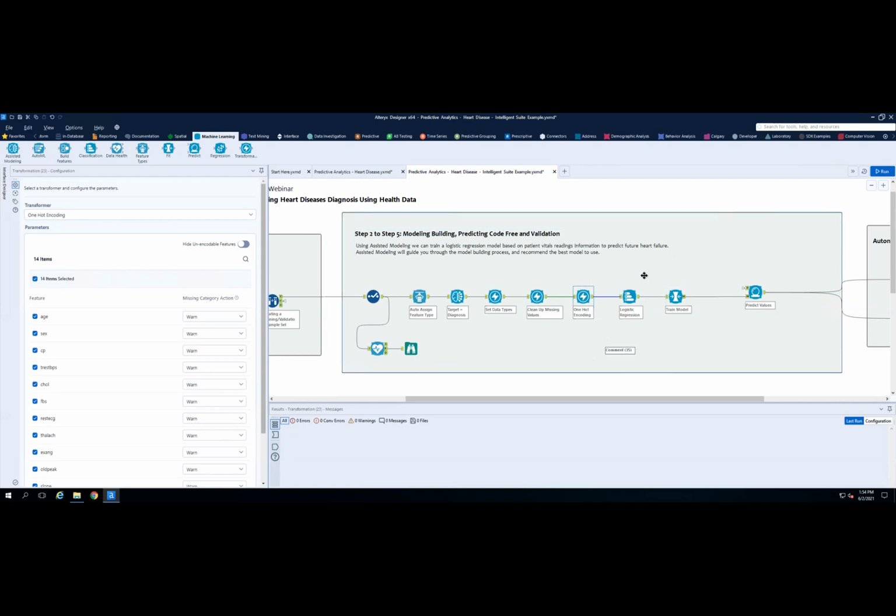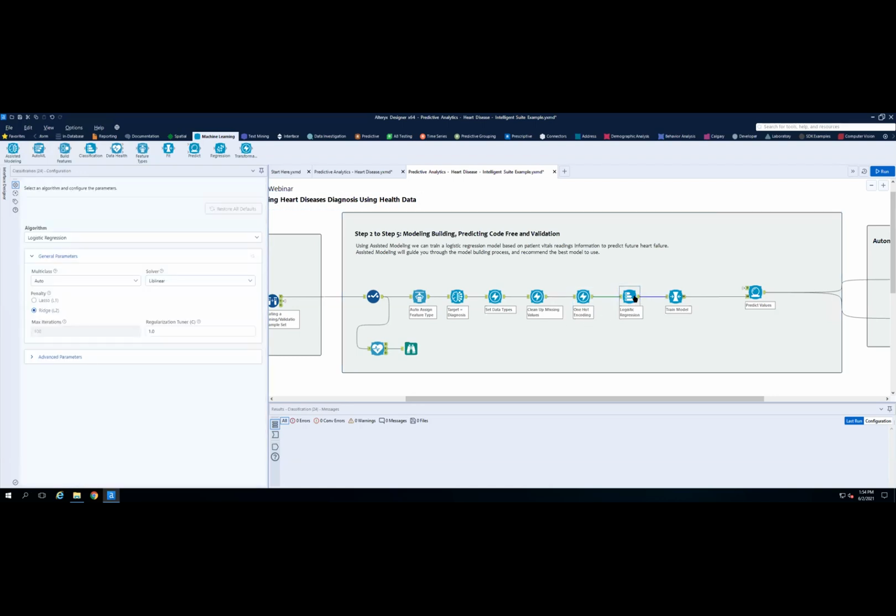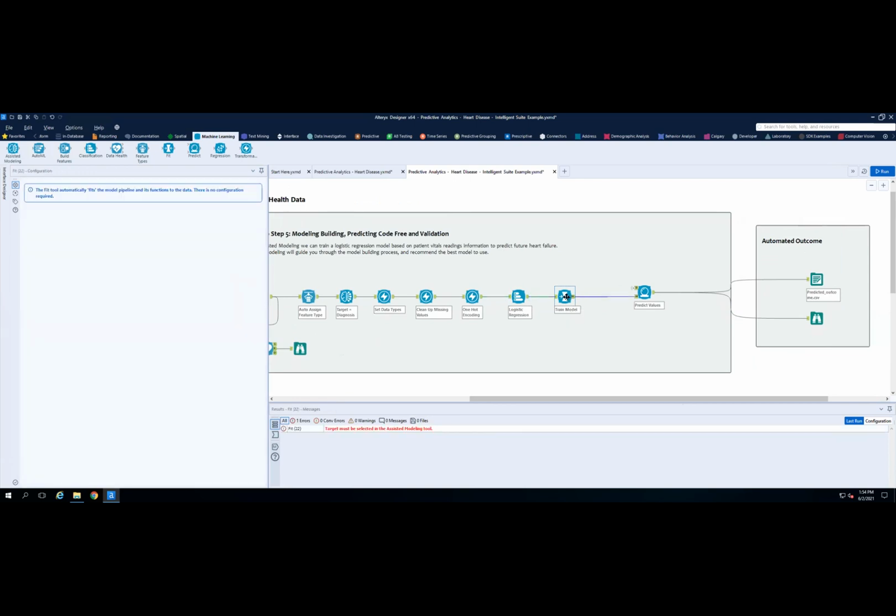And finally, since we know that we have to use logistic regression, I use the classification tool. Remember I was mentioning that we have an inbuilt tool for feature encoding, and this is the one right here. I'll just drag the classification tool. Again, no configuration, everything is automated. I just select the model that I want and leave everything as is. Then the training happens with the fit tool. Again, no configuration. Even the predict tool has no configuration, and as soon as I run this,